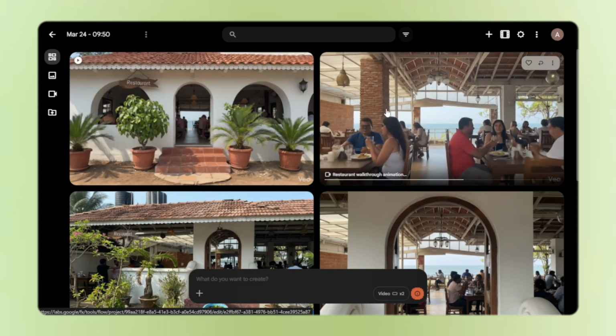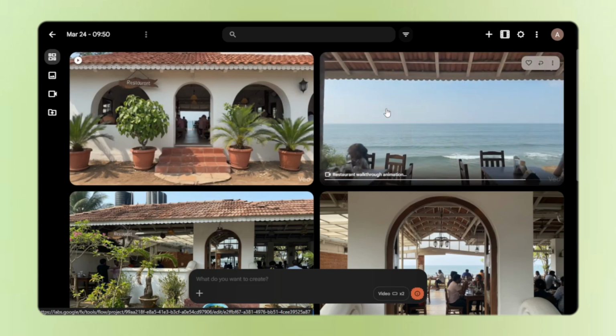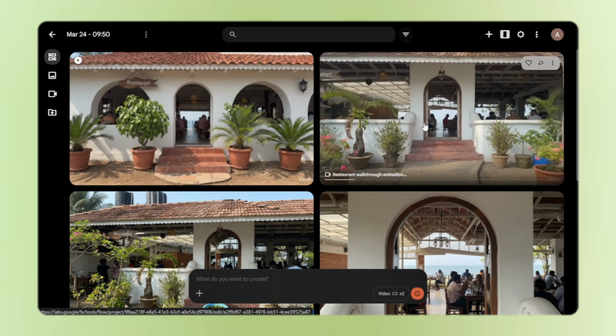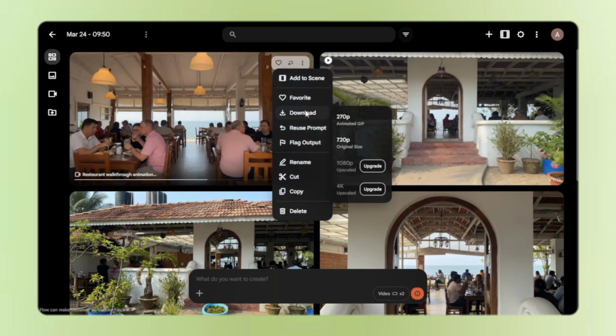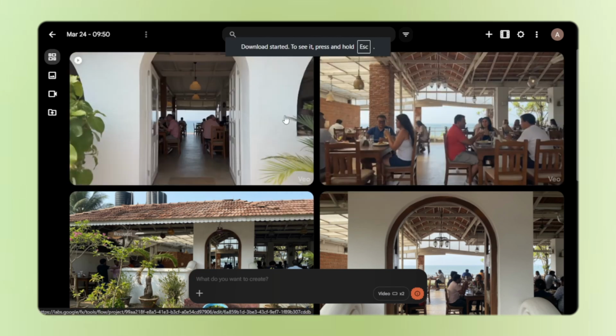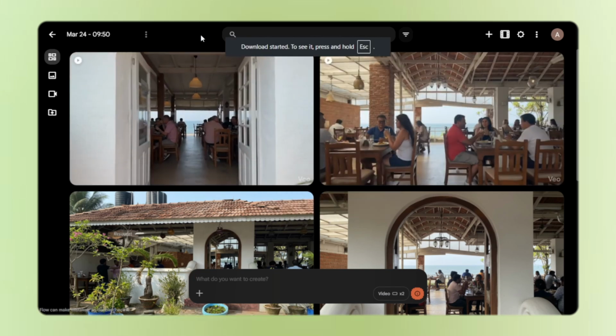Like there's a fade in here. See, the fade is coming up, so let's not choose that. Let's just choose this one. Here I'm gonna just download this in 720p. So it's downloading. Now let's create a front end of the restaurant and add this storytelling animation and make it more